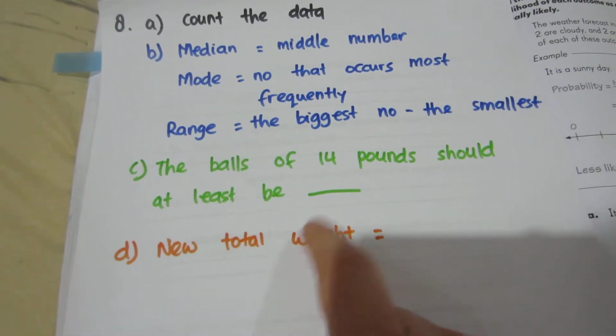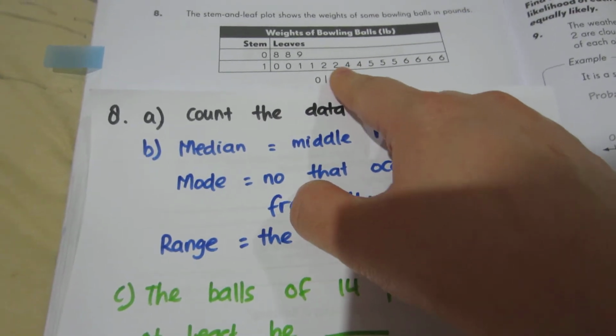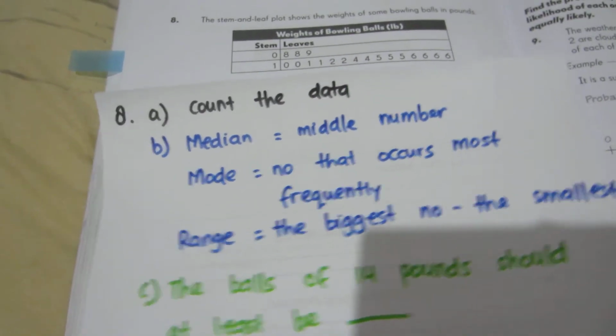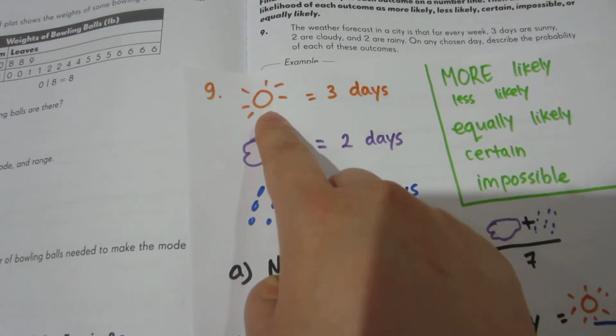Now, what is the new total weight if you put 14 in 4 times instead of only 2 times like now? After that, you find the total weight of the new data after you add up the 14s. Next, number 9, the weather forecast says that the